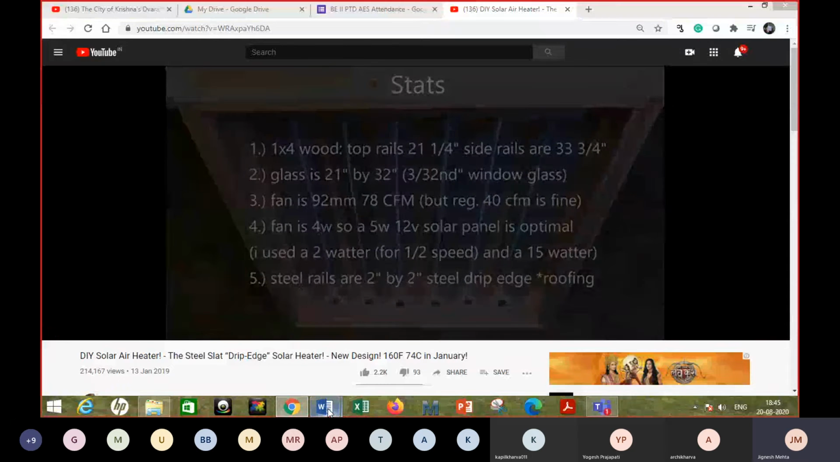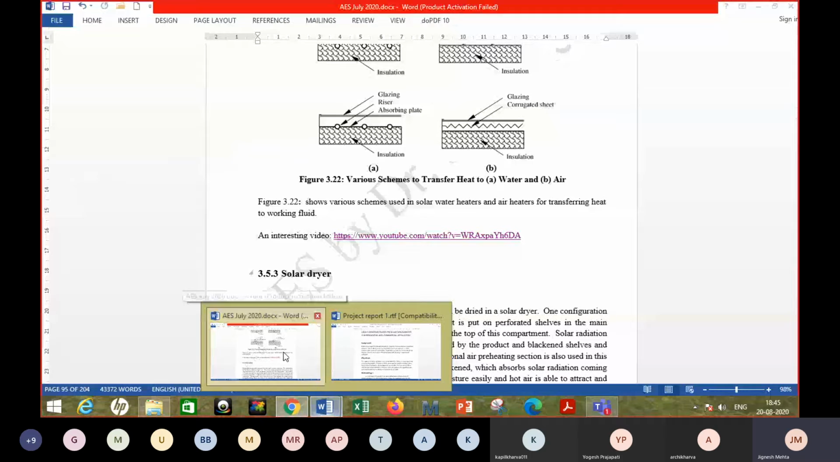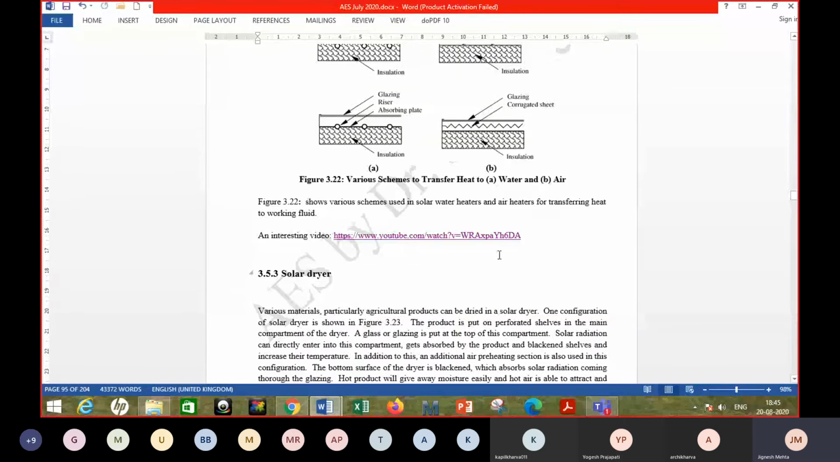So I think he's a smart and experienced fellow, and has fabricated a very simple looking